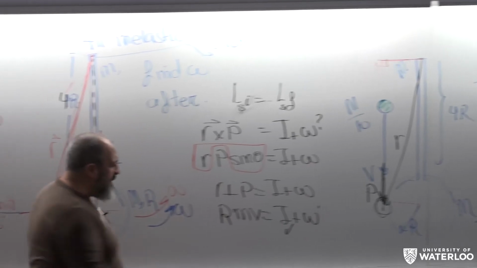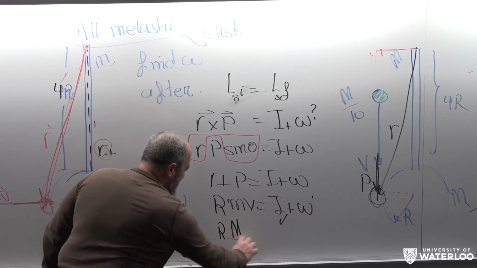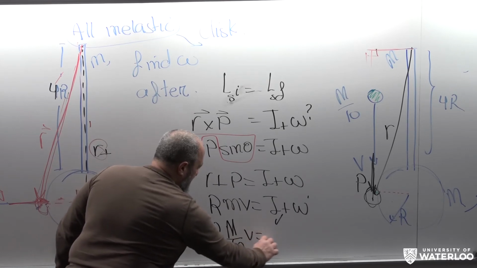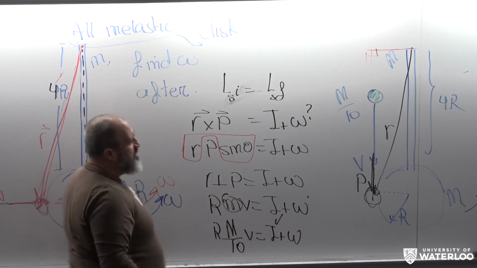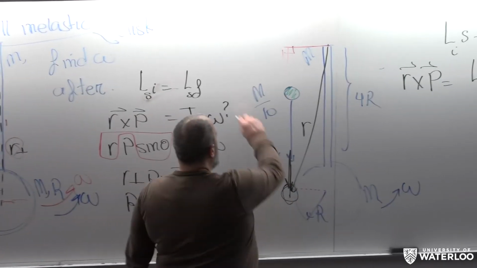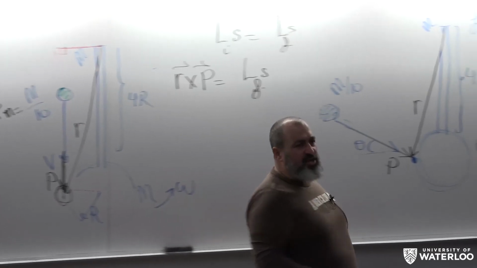Just to be clear, this is the mass of the putty, which is what? R M over 10. V is I. I'm going to forget that because this is just small m for the putty. Right? M equals to. Okay, so here,